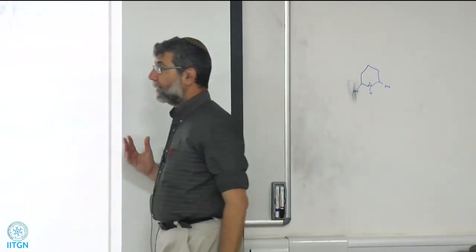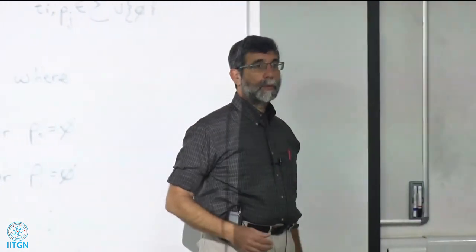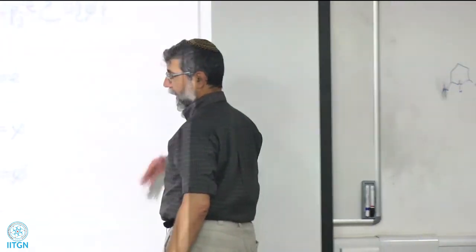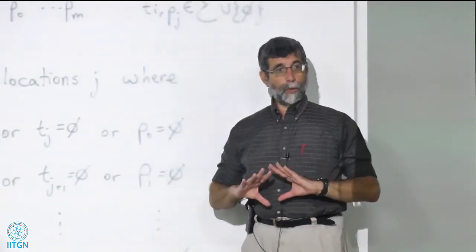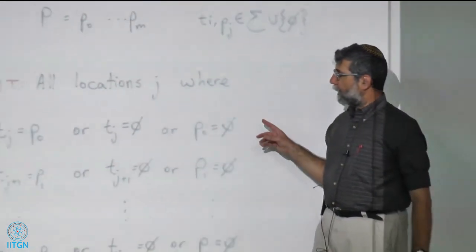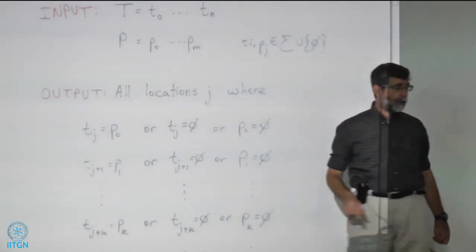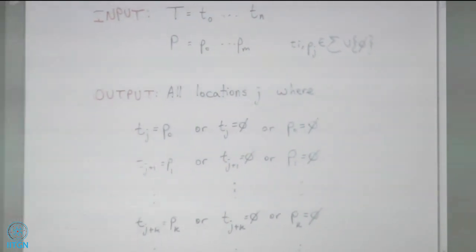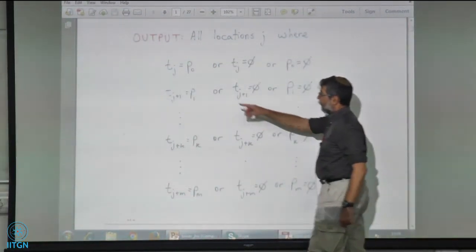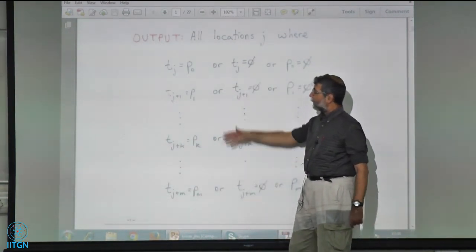But with the don't care, we call it don't care because we really don't care what's the symbol across from it. It could be that that symbol is A or B or C. I don't care. Whatever it is, the don't care symbol is happy with it. So, therefore, our output is all the locations j in the text where either Tj is equal to P0, Tj+1 is P1, Tj+m is equal to Pm,